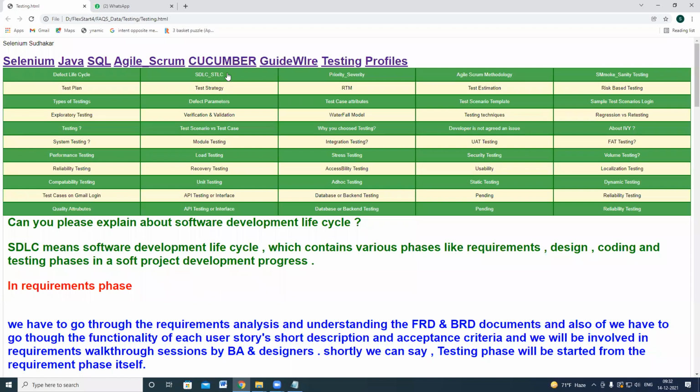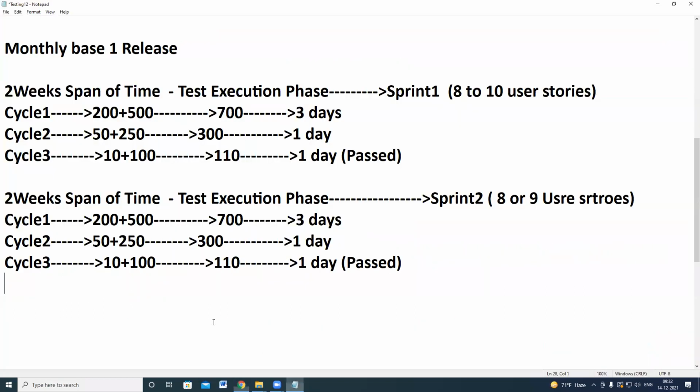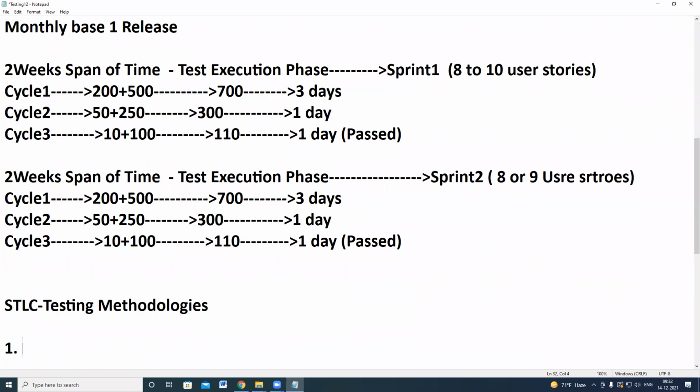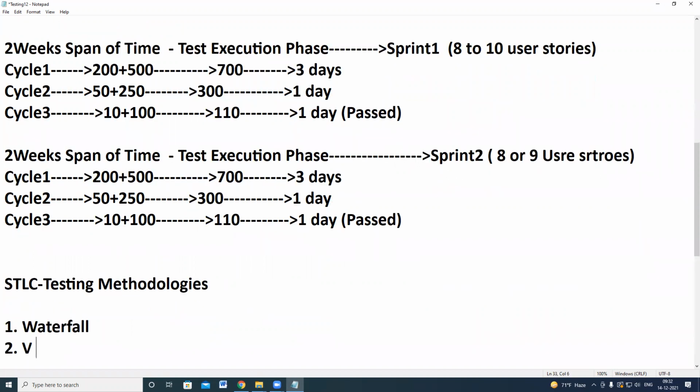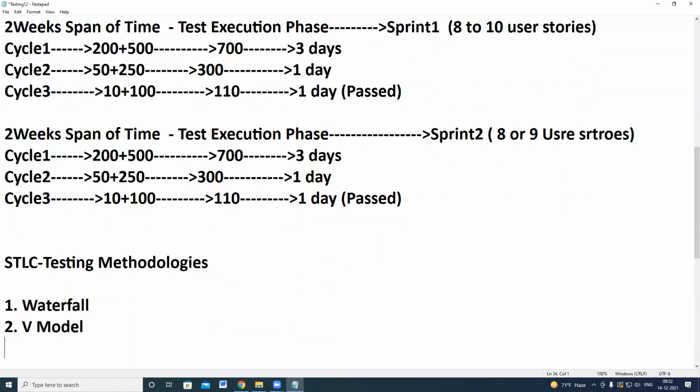So software testing life cycle. In STLC, which contains all the test phases, there are various testing methodologies, like waterfall model, V model, agile model.